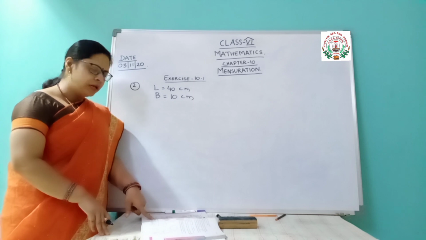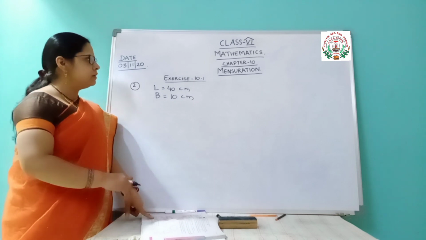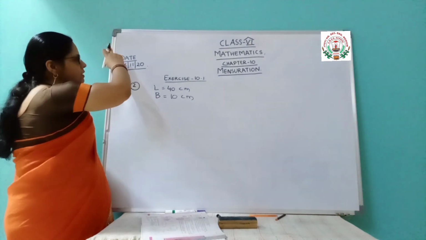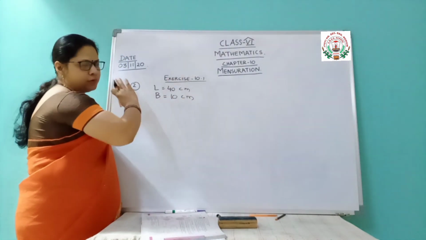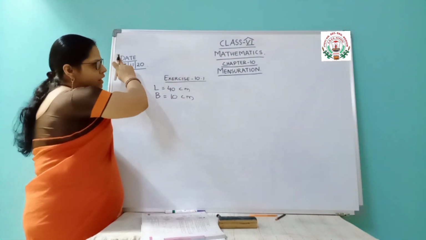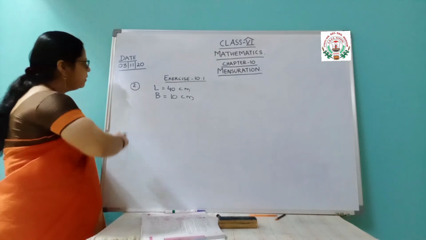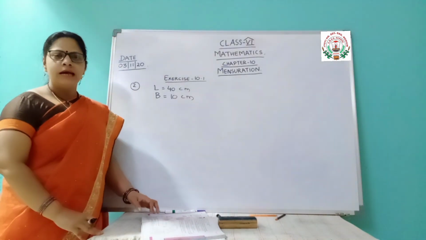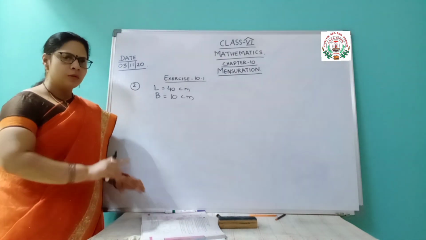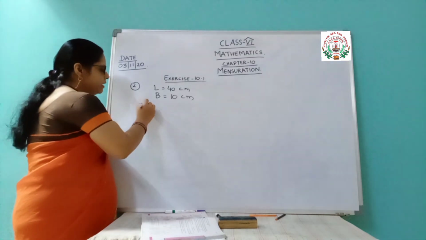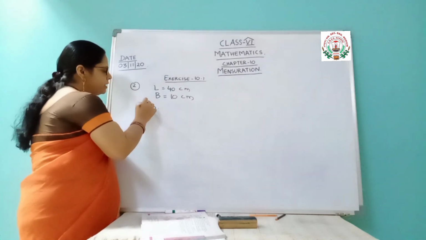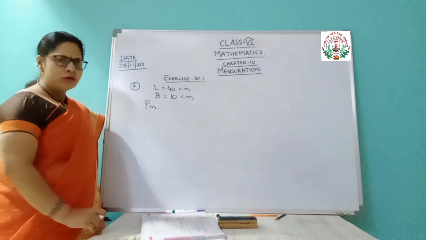tape. What is the length of the tape required? Tape required means, like suppose this board, you can see from this corner we will start. Like suppose if it is a box, starting from this corner, sealing all around and again reaching the same point. That means it is the perimeter only, the sum of all the sides. So you are finding the perimeter. And perimeter of what? It is a rectangular box. So you will find